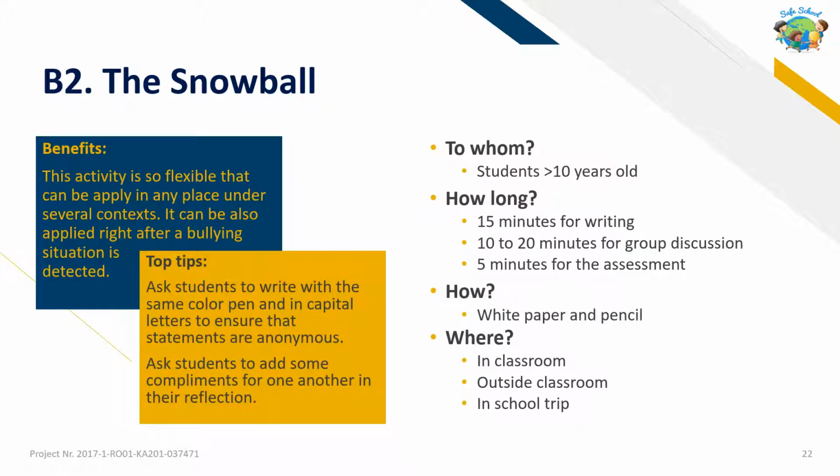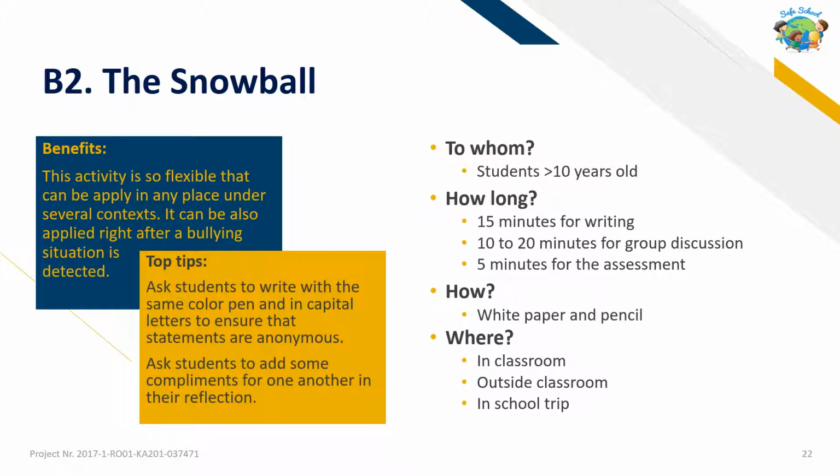Reflection activity number 2, the snowball. This activity enables students, through anonymity, to share their most honest feelings and thoughts about bullying. This activity is best used when students are 10 years old or more, since it requires the capacity to express their feelings through writing. This is a very adaptable reflection activity since it can be implemented inside the classroom, outside